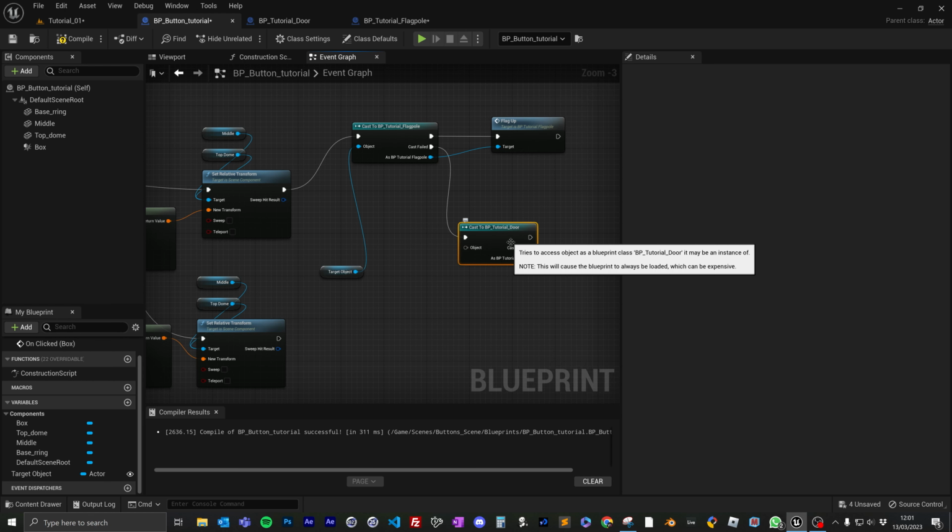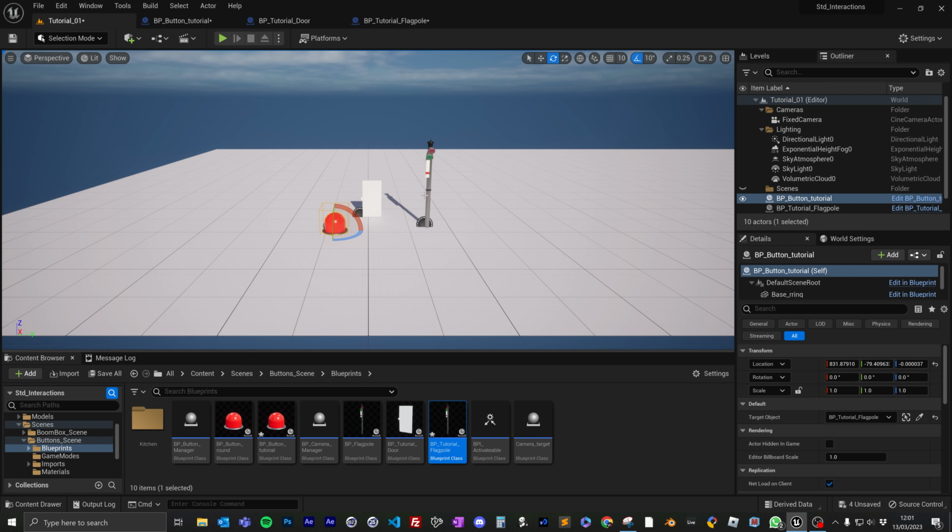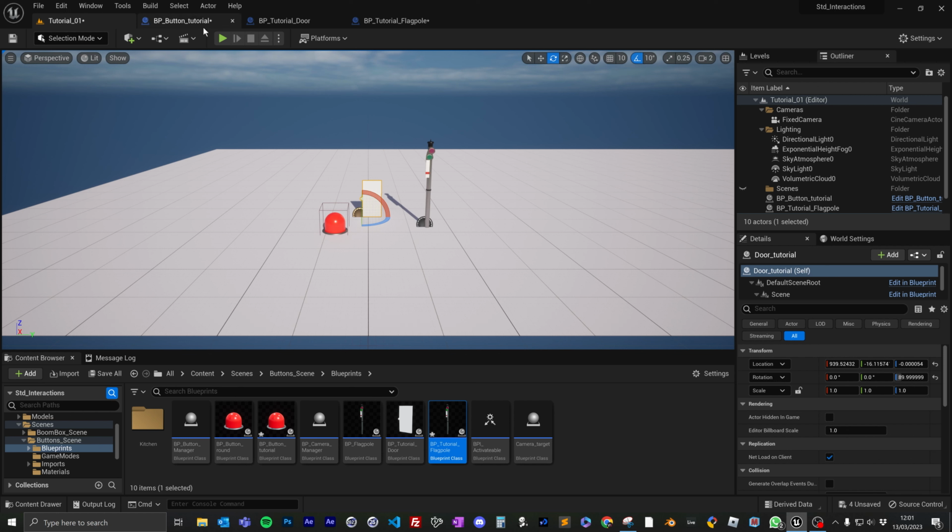But then what if you had 5 different types of objects? I'd have to check it's flagpole, door, button, switch, ball, whatever I was casting to. So there's a much better way to do this. So that's where blueprint interfaces come in. A blueprint interface basically tells any object that you've created, it basically sets events that you can fire on that object. And the advantage of that is that you don't have to do this cast. You can just look for the object, and provided that object has the blueprint interface, then you can activate or